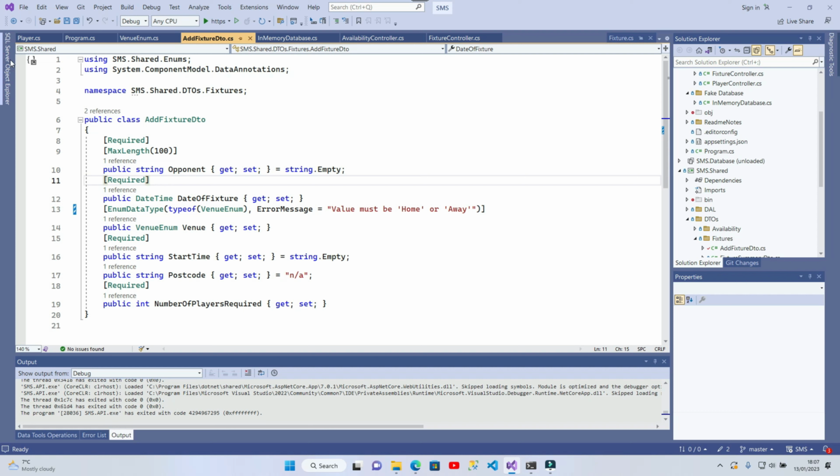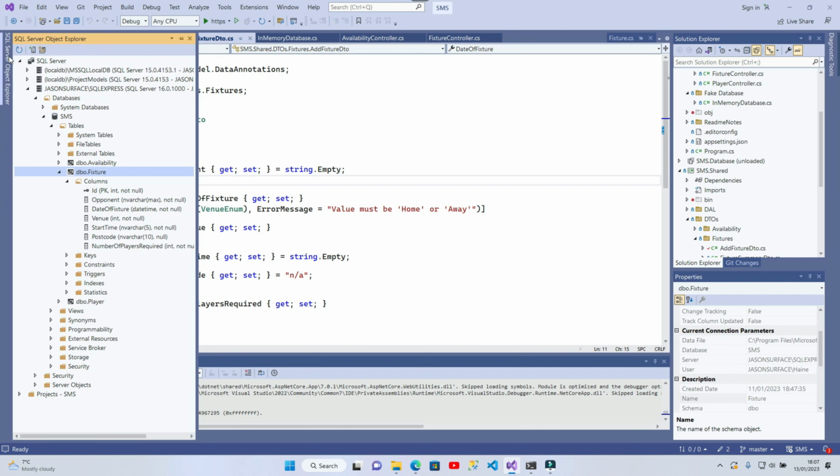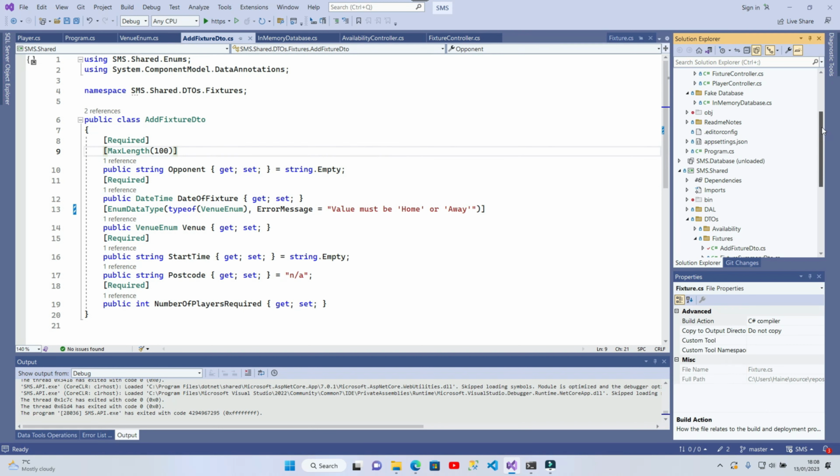So let's go to SQL Server, and if you followed along in previous videos where we created the database, even though we're not using it yet, you should have a database that looks like this. SMS has 3 tables: availability, fixtures and player. You will notice in the fixtures table, if you expand it out and have a look at the columns, my venue field is now an integer. What you need to do in order to bring your database into line with this is go across to the solution,